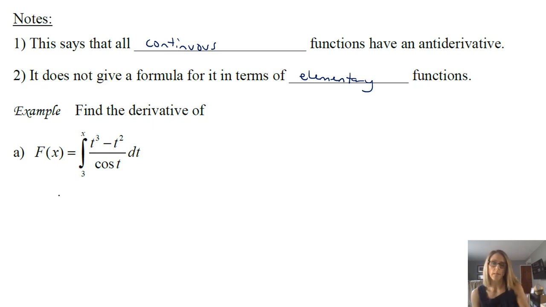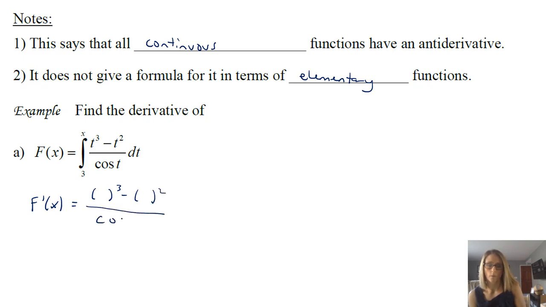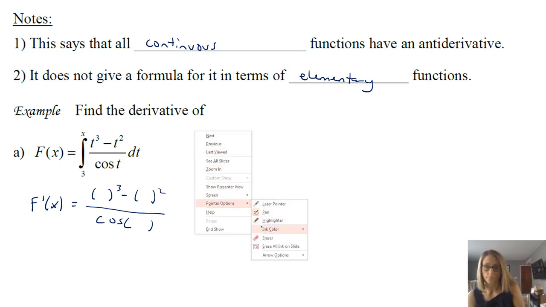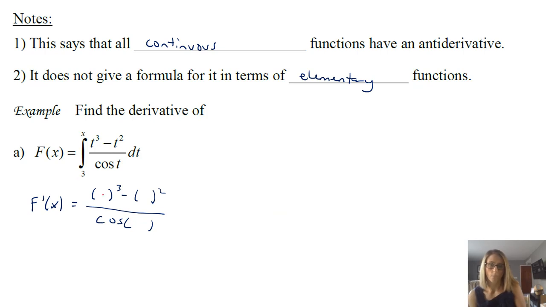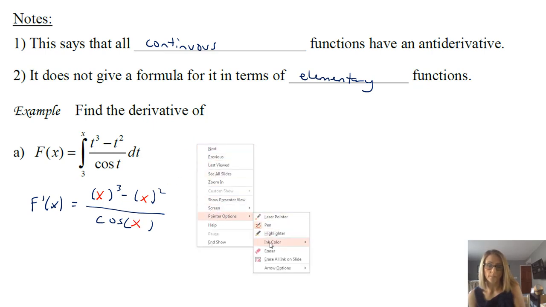So this is not actually wanting us to do any work at all. It's just wanting to see that because of the fundamental theorem of calculus, the derivative of f of x is simply your function, but instead of t, the derivative here is actually using the variable x. And this is what the fundamental theorem says is true.